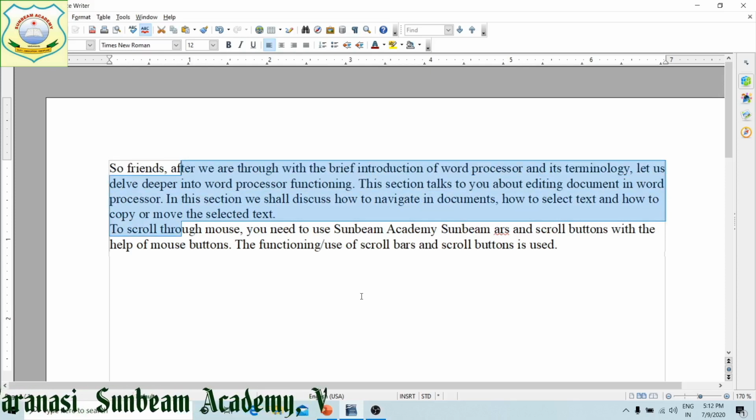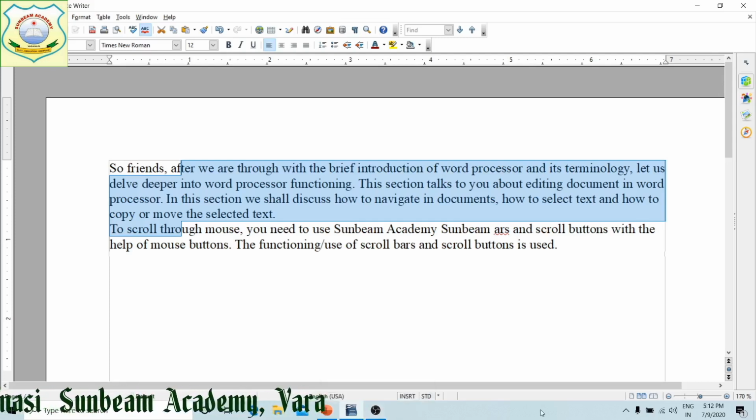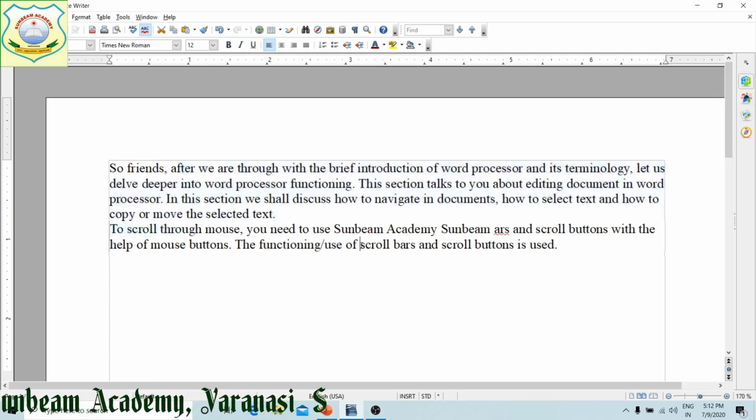Now, which I showed you in the slide, how you are going to extend your selection, this I am going to show you. Suppose my cursor is here, I have selected this much portion. Now I want to extend it. I left the keys.